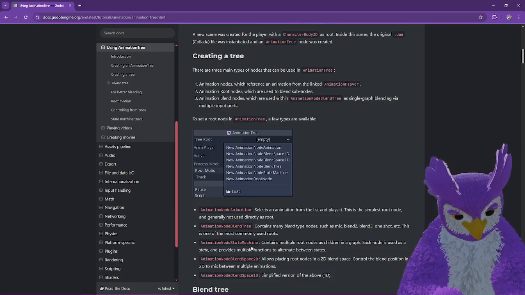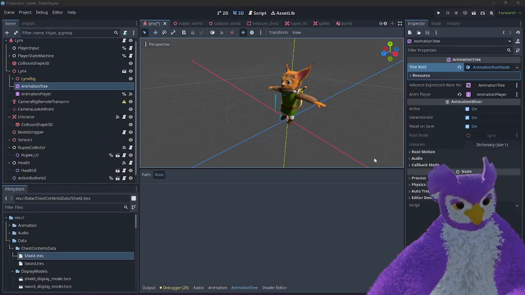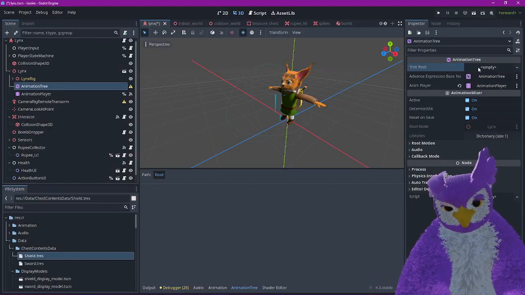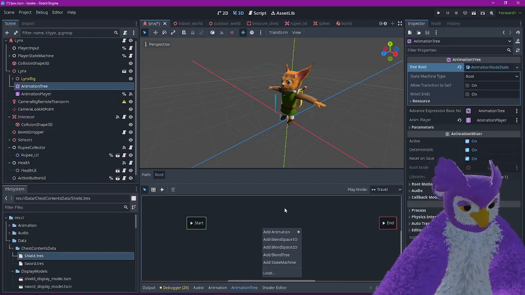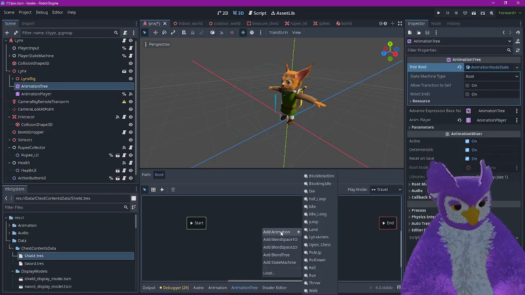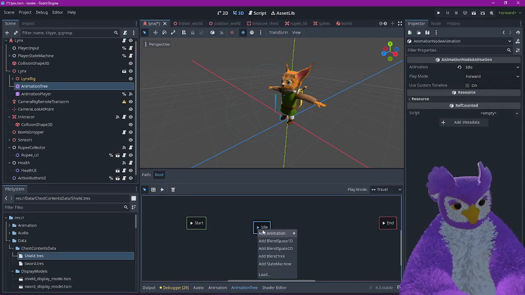Okay, so I think we want it to be a state machine. So let's... yeah, that's what we want. Because now we can add our idle and